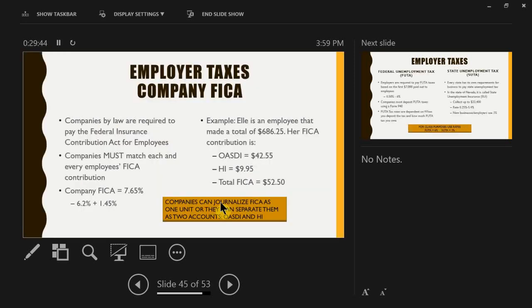So again, as an employer, we have our duty to pay for our employees. So the very first thing is we need to match them for their FICA, right? If they put in 6.2% for the Social Security, we have to match them 100% because we are supposed to protect them as well. Okay? So in this case, whatever they put into their FICA, we have to match them 100%. So in this case, if L earns the